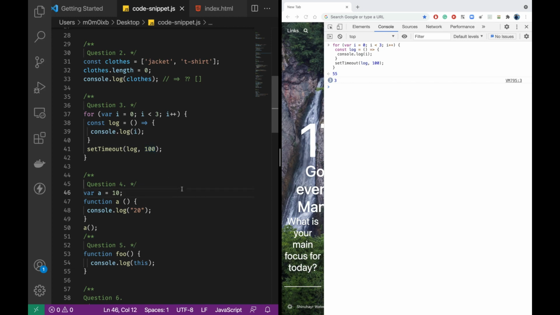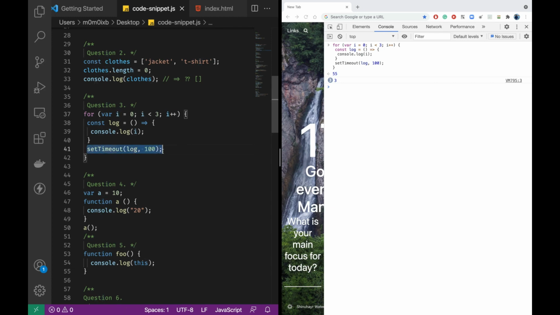Basically, what's happening, I'll try to explain, is this i is getting created globally in this scope. In JavaScript, if we have to create a new scope, we have to use a function. Since here there is no function, this i is getting created globally, and this for loop is just incrementing it. So the for loop will finish, and by the time it completes, i has become 3.